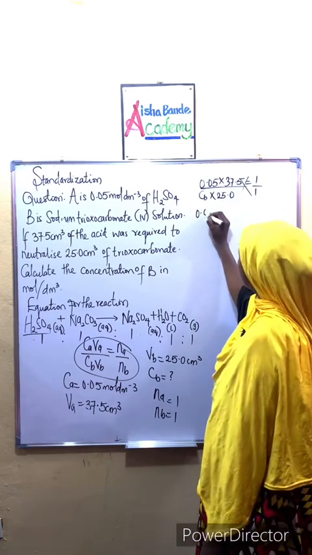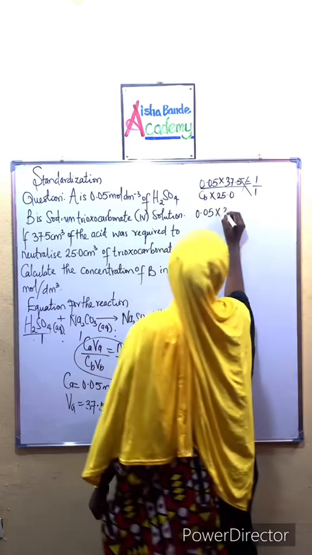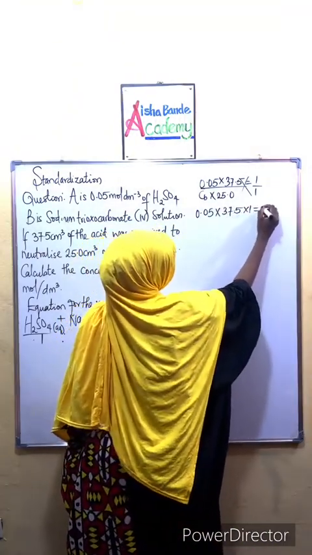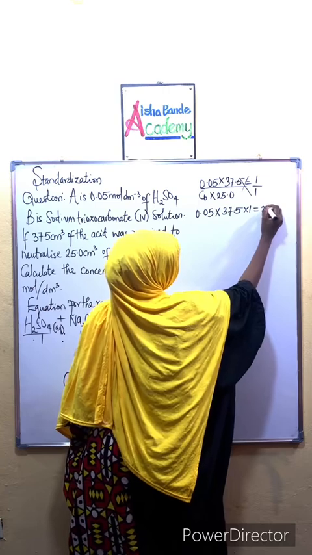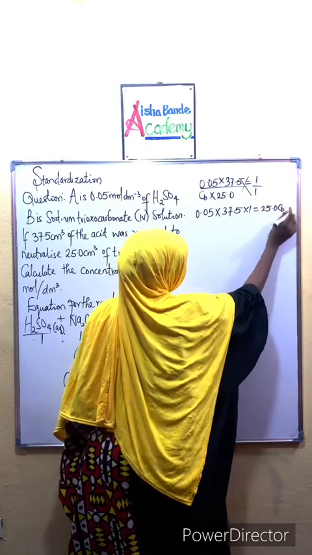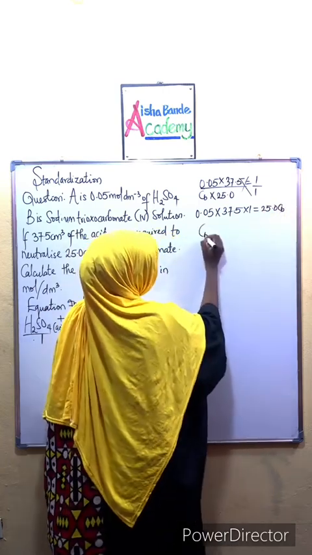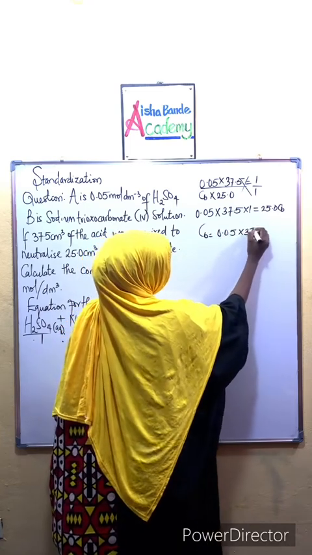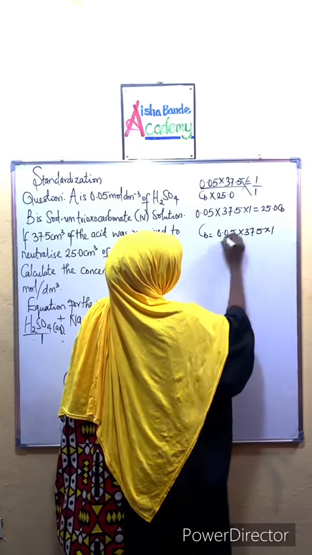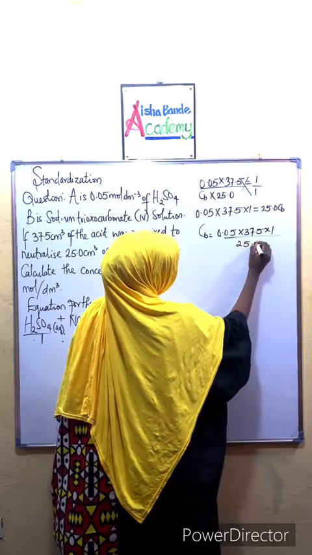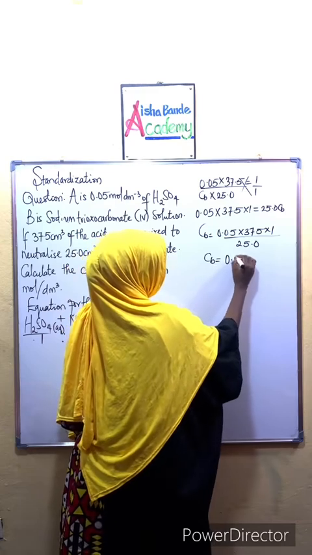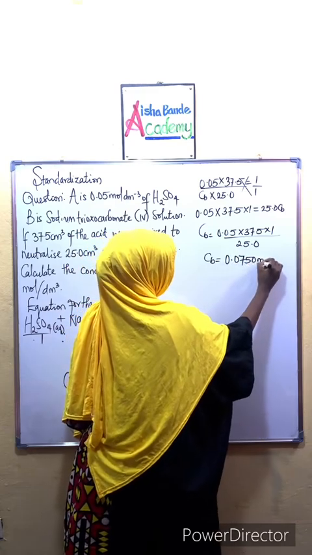So we have 0.05 times 37.5 times 1 is equal to 25.0 CB times 1, which gives us the same. So CB, the concentration of base, is going to be 0.05 times 37.5 times 1 all over 25.0. So our CB is equal to 0.0750 mole